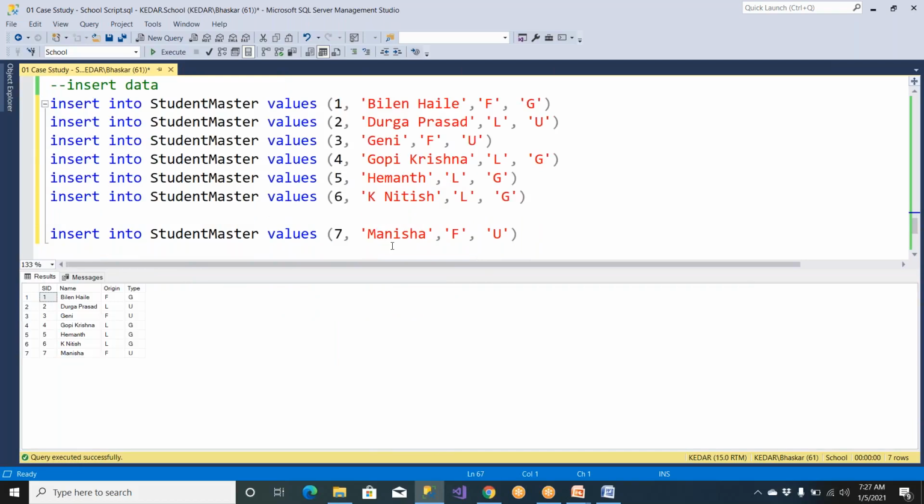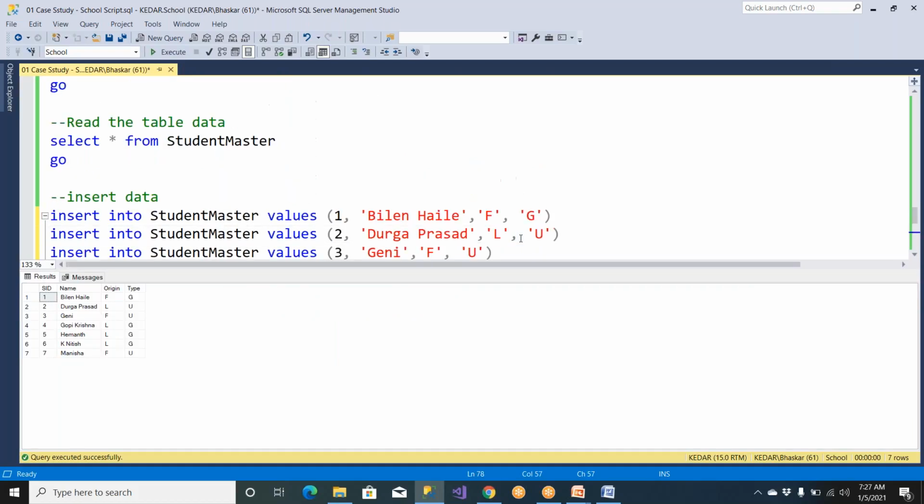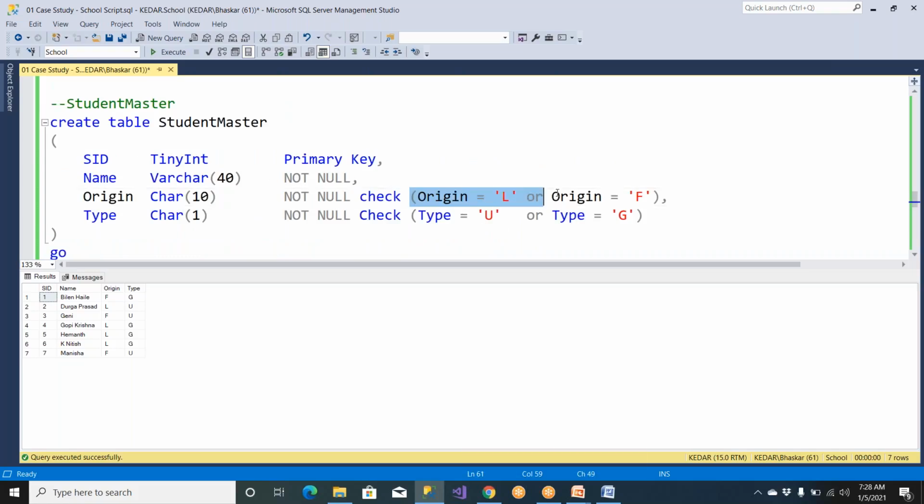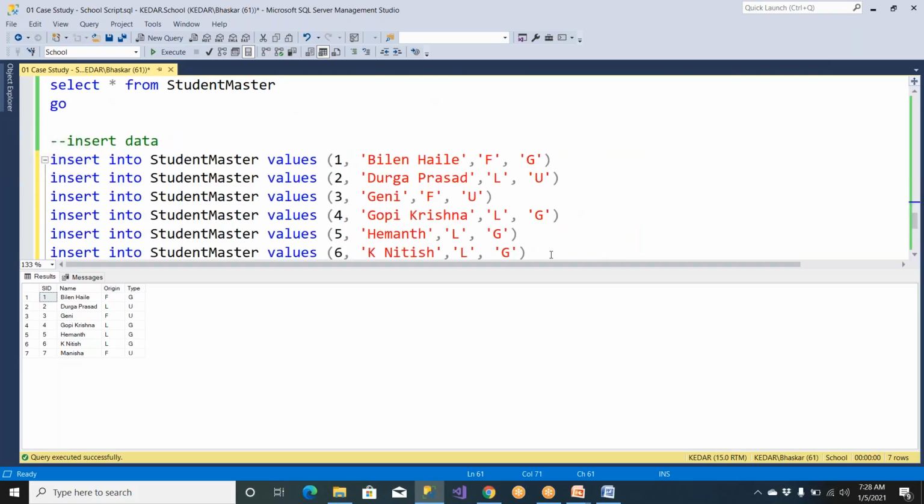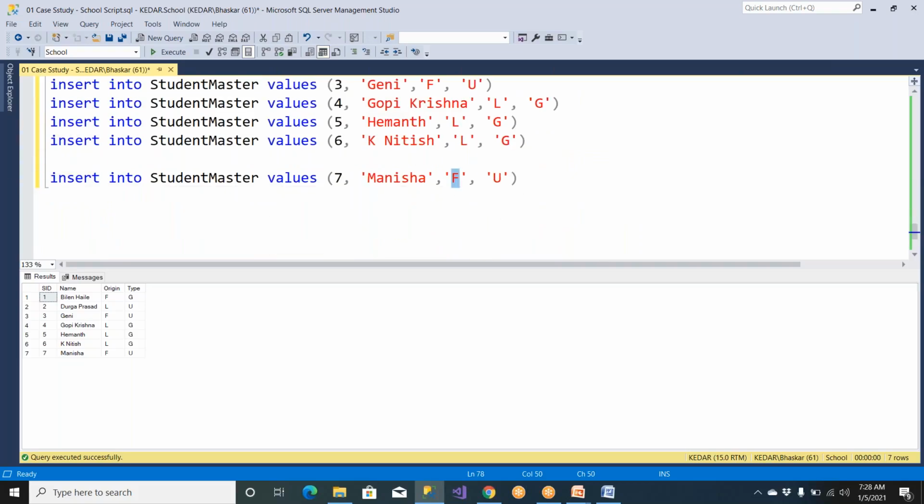Clear, guys? So these are pretty much important. You need to ensure whether whatever you have created is working fine or not. You need to give bad data. This is what is called bad data. What is that? You need to give L and F, but you're giving a K. K is the bad data here. K is the bad data, and you need to understand clearly. Am I clear? The next one is Priyanko,